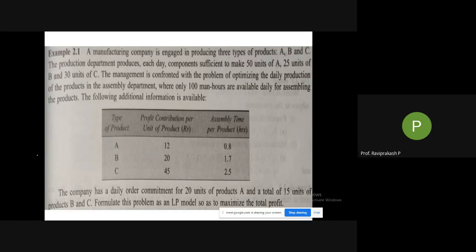So you can make a table of what other information is given. Like they have given the assembly time and the profits for each product A, B, and C, similarly, check what other information is given to you. What other numbers are there? Check whether you can make that particular column like what they have made here. So just try making that one. Then it will be easy for you to write the constraints. For writing the objective function, I don't think you need anything else. Everything is there as of now.